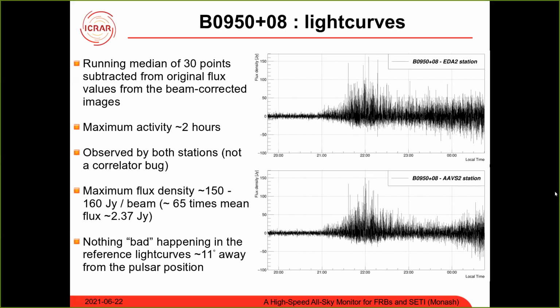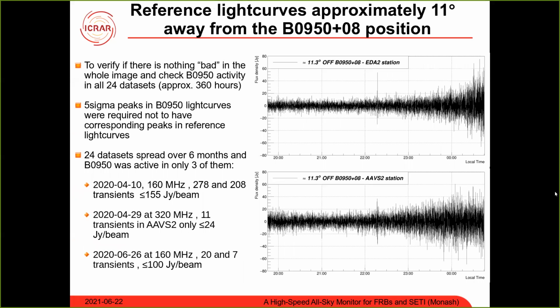Then the pulsar started to be very active over the next 2 hours, and then again relatively quiet, but the noise was a bit higher. So I actually constructed a reference light curve some 10 degrees away from this pulsar, and you can see that nothing wrong is in the reference light curve, except that at the very end of the night the noise increases because the galactic center